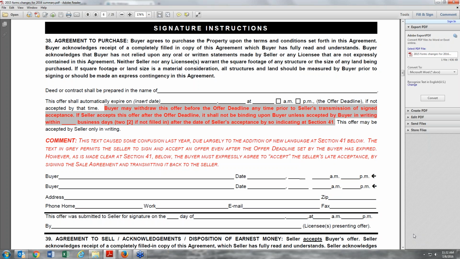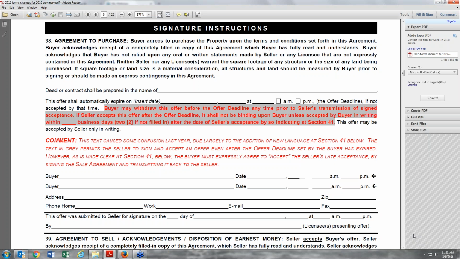So we had to deal with some of these nuances, and so we have a statement here that says the buyer may withdraw this offer before the offer deadline at any time prior to seller's transmission of a signed acceptance, which basically means before it becomes binding. If seller accepts this offer after the offer deadline, it shall not be binding upon buyer unless accepted by buyer in writing within blank business days, 2 if not filled in, after the date of seller's acceptance